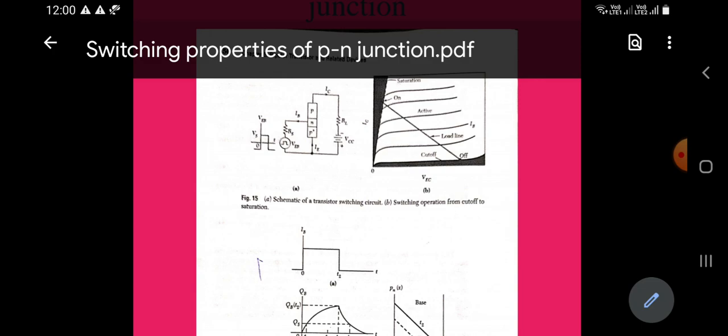The switching time is the time required for a transistor to switch from the off condition to an on condition or vice versa. This figure shows that when an input current pulse is applied to emitter base terminal at time t equal to 0, the transistor is being turned on. At t equal to t2, the base current is suddenly switched to 0 and transistor is being turned off. The transient behavior of the collector current IC can be determined by variation of the total excess minority carrier charge stored in the base QBT. A plot of QBT as a function of time is shown in figure over here.